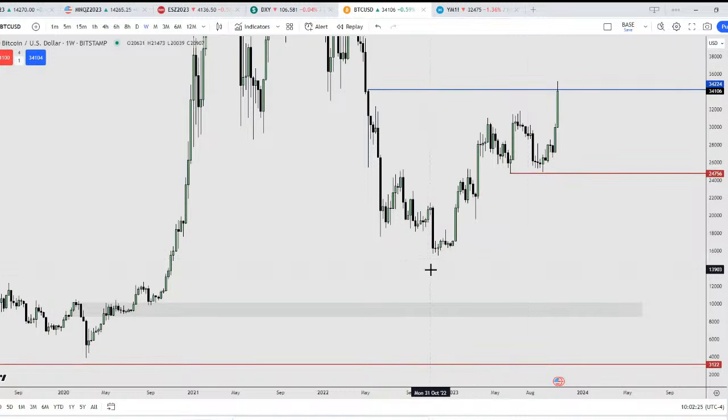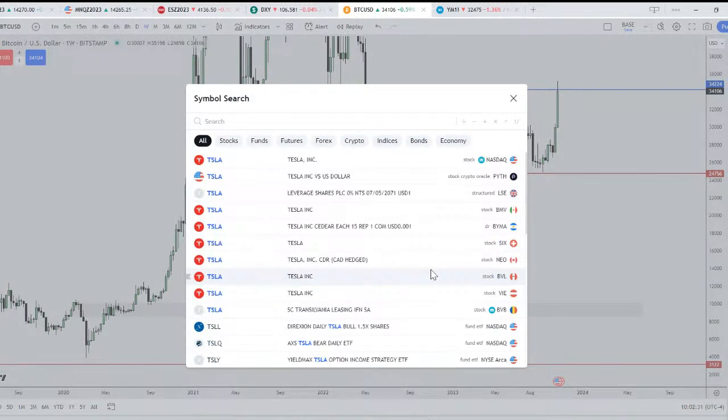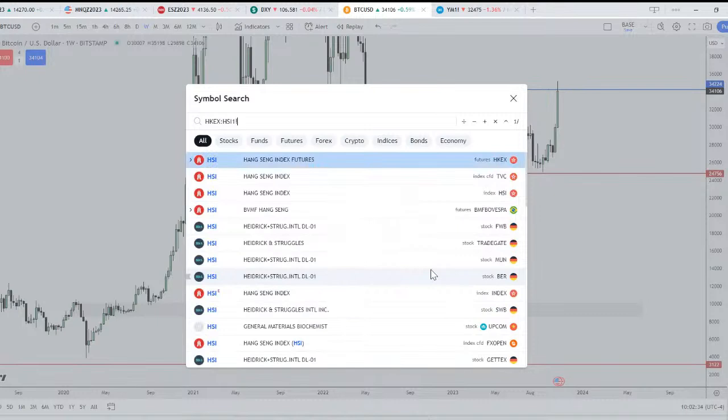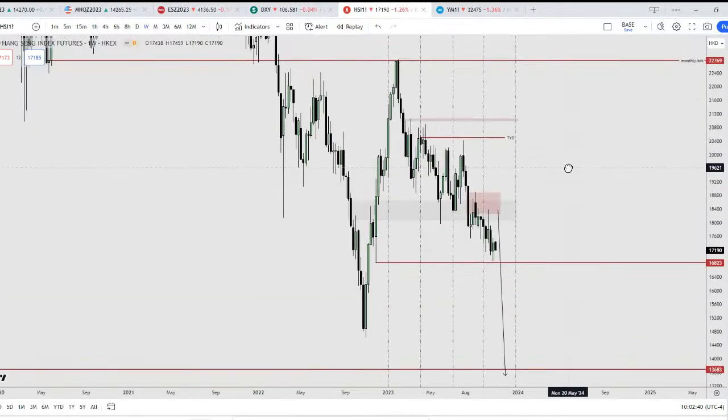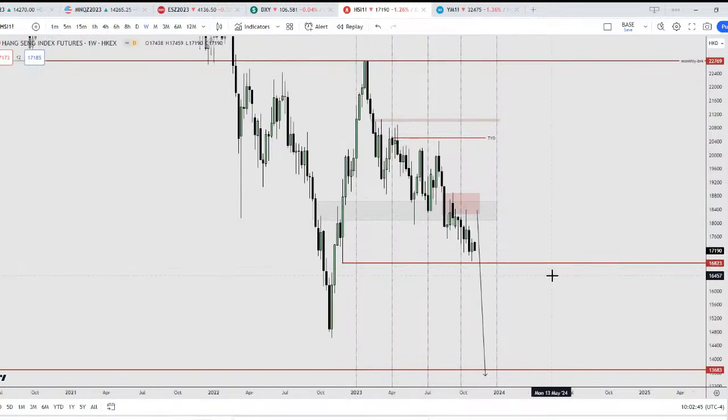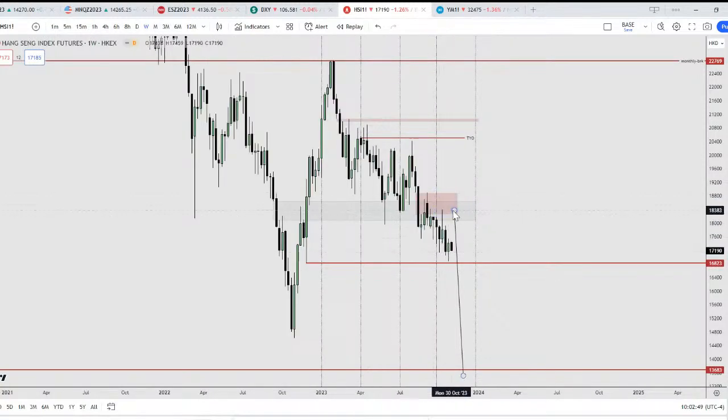So let's move on to some individual stocks. Oh no, I almost forgot about HSI. It hasn't been moving much as well. For HSI, I have been calling for the low to be swept for quite a few weeks already, and it has been taking forever, but it's still respecting the PD arrays as I annotated many weeks ago. Anyways, because I'm bearish, I want to see speed below this low here. These lows are definitely going to be taken, and then I want to see speed down because we are in Q4 and we are only seeing a lethargic expansion right here.